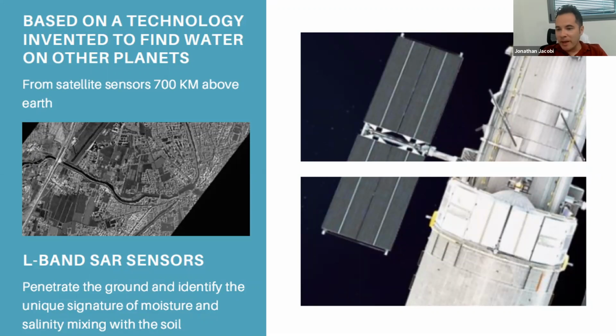But what is it that we're using on this radar that's mounted on the satellite, and how does it work? So imagine that you're using a radar. Radar sends out electromagnetic pulses. It comes down from the satellite, 637 kilometers above ground at the speed of light. It penetrates the ground and captures information. Okay, what is it capturing? It's capturing water mixing with the soil below ground.